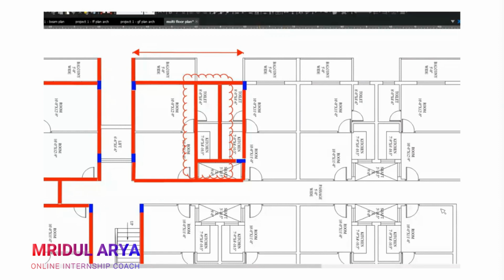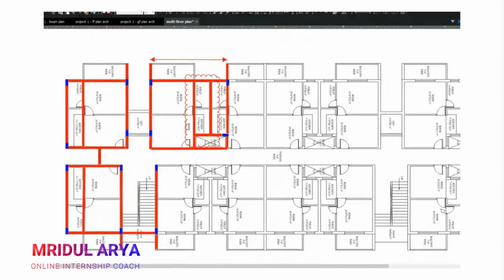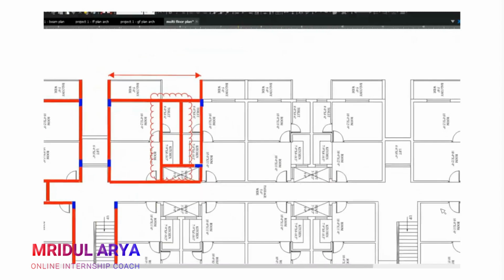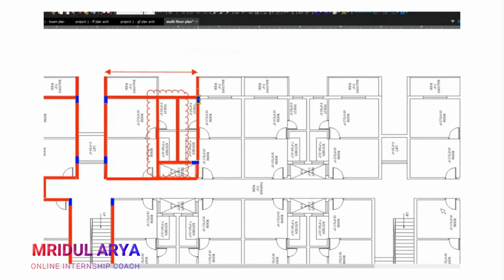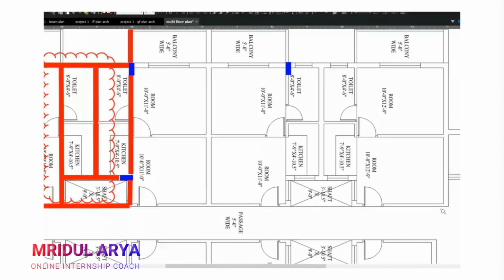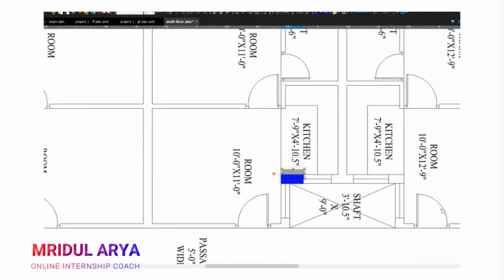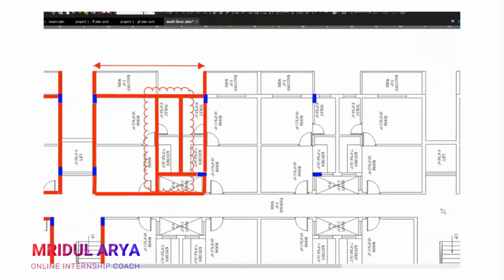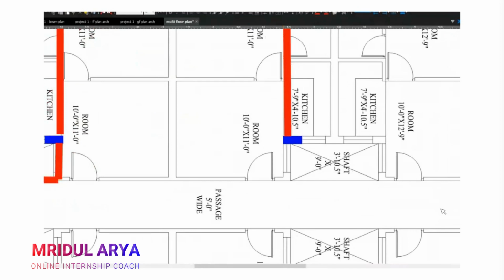But in our case, if we cannot avoid it, we have to go with it. Now, my next location for the column will be opposite to this, and similarly at this location. That's how it is.